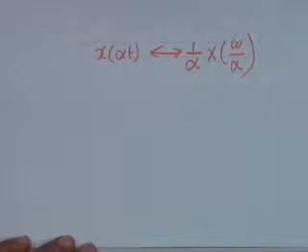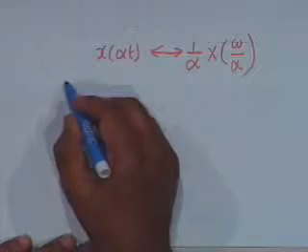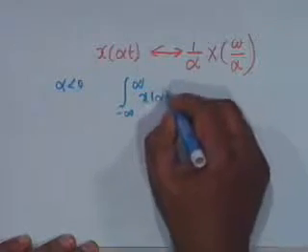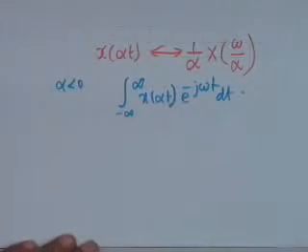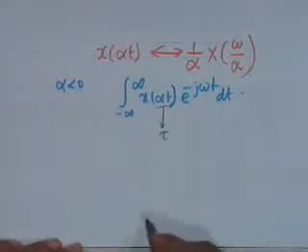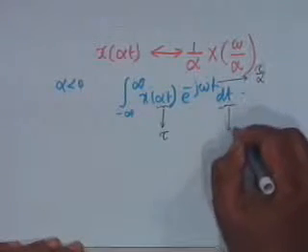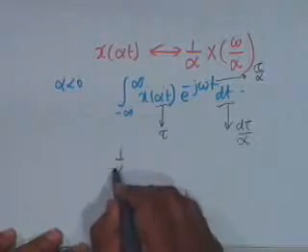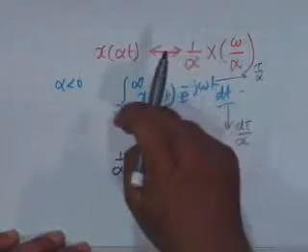However, if alpha is negative, then the derivation is to be done carefully. Alpha is negative, then I have the same integral from minus infinity to infinity of x of alpha t e to the minus j omega t dt. Now alpha is negative. As usual, we put alpha t as equal to tau. Then t goes to tau by alpha and dt goes to d tau by alpha. Now I can take 1 by alpha out, but the problem now is that because alpha is negative,